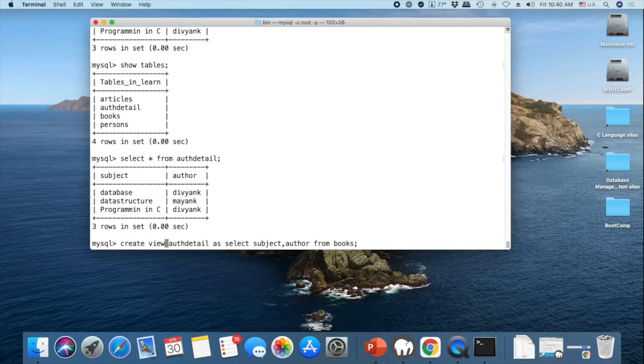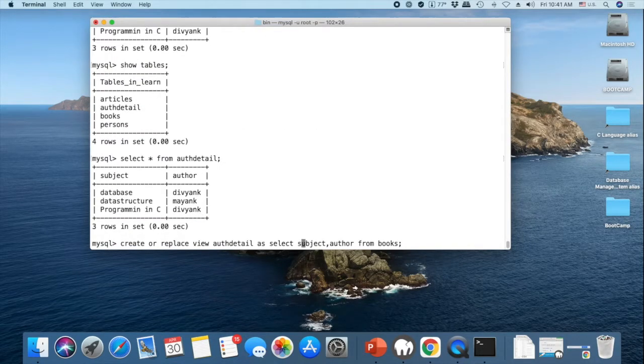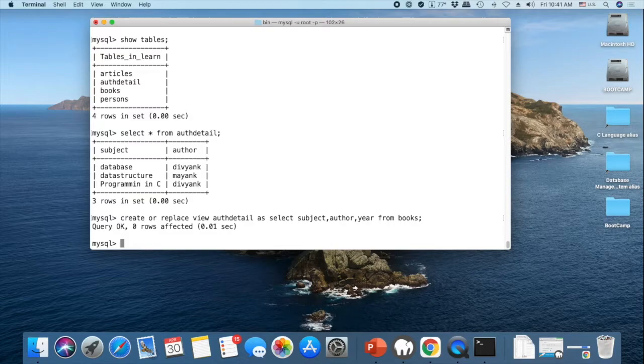Let's suppose create or replace view and detail as select. इसमें हमने क्या किया, let's add something else in it. इसका डिस्क्रिप्शन क्या था. ओके, इसमें हम ISBN और ऐड कर देते हैं या ईयर ऐड कर देते हैं, है ना. So that will make sense. ईयर. ओके, the same view is